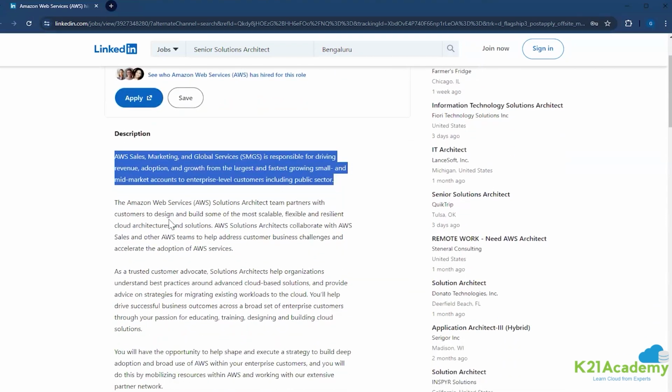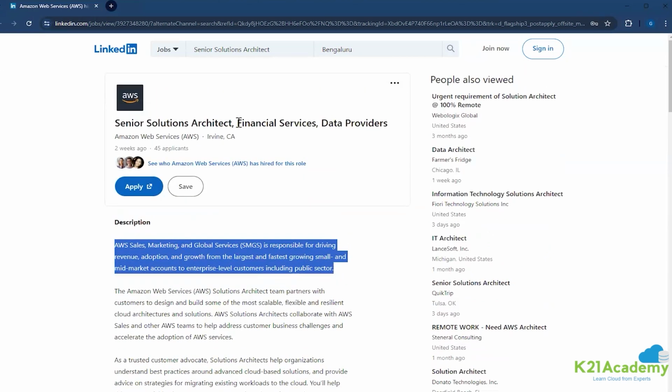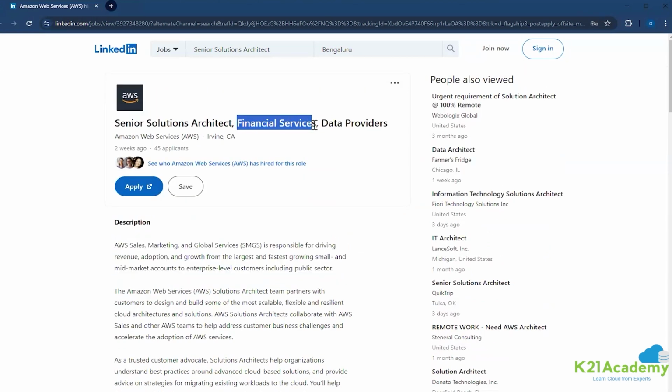So in the third round, you may expect a few questions around cloud for financial services organizations. What are the compliances, like PCI compliance? Have you heard of PCI compliance? Payment card industry compliance. I know some of it, like masking. Correct.